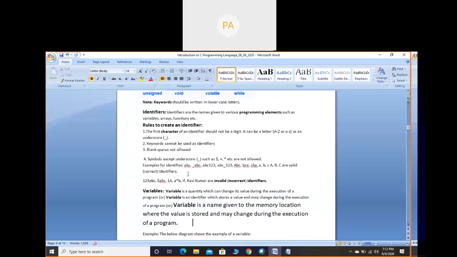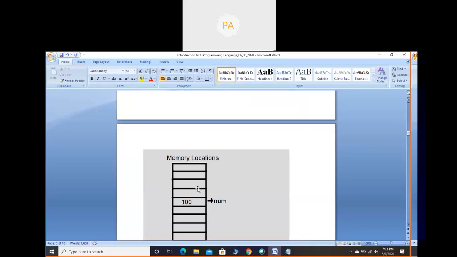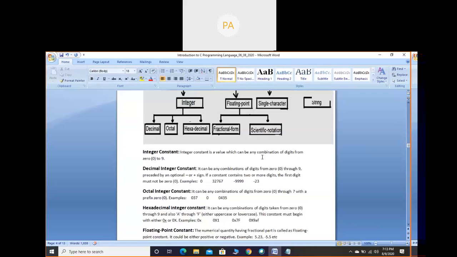So in this way, these things are linked. Okay, you cannot forget anything. So when we are giving a variable name, you have to remember these identifier rules. That is, the first character should not be a digit, blank spaces are not allowed, keywords are not allowed, and symbols except underscore are not allowed. These rules you have to remember while writing the variable name. So once you write the variable name, it is understood that some value is stored in that, and that value can change at any point in a program. Okay, now coming to the assignment operator.